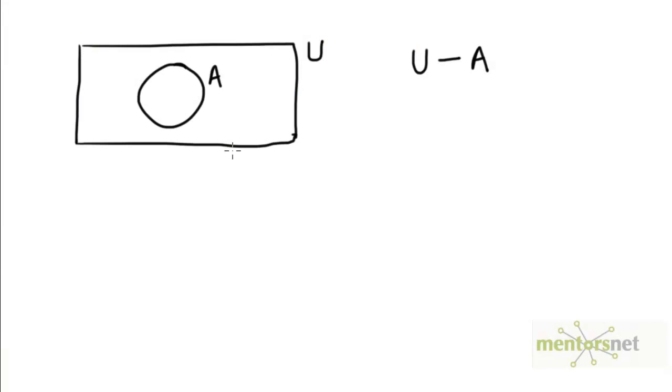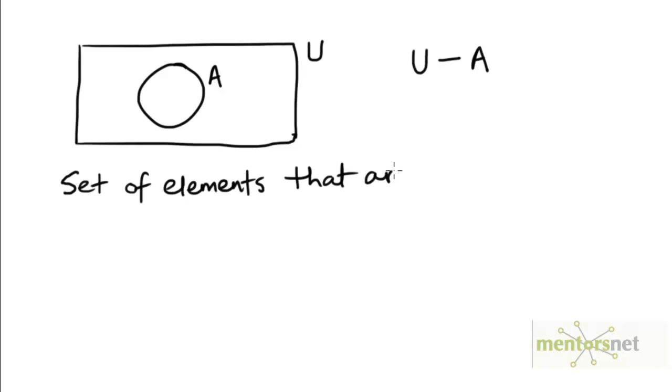So let's look at this simple Venn diagram where we have a universal set U and some set A inside. Now, if you were to talk about the set of elements that are not in A, that set would be given by this difference U minus A. So this would be the set of elements outside of the circle corresponding to A, but within the rectangle corresponding